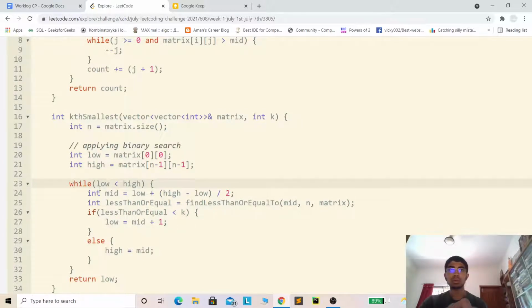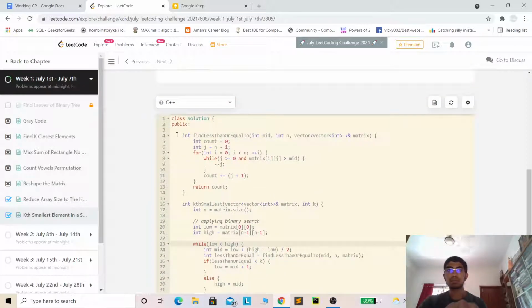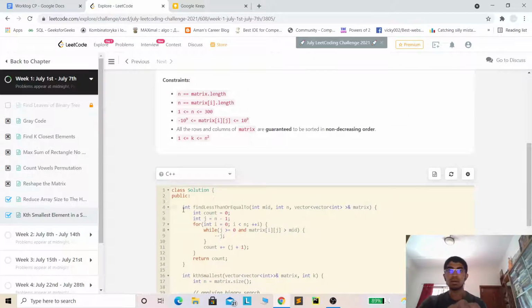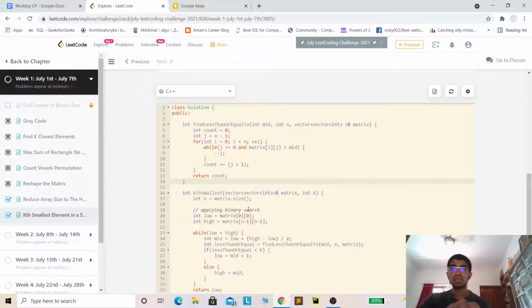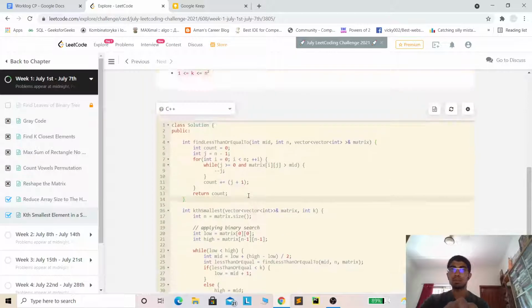So overall time complexity will be big O of 32 into n. 32 is for this binary search, and O of n is for this function, so it's O of n into 32, which is again O of n only, and the space complexity is O of 1. So this is how we optimize the problem from O of n square log n to O of n by using binary search for this problem.